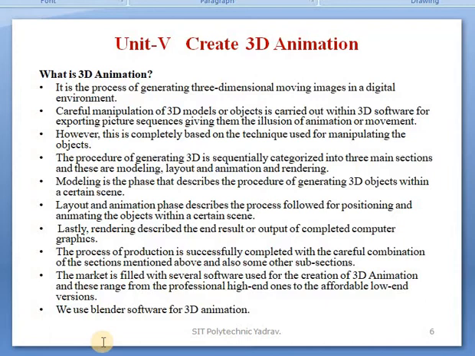Blender is free software for creating 3D animation. Also, in the first lecture I said which softwares are used for your course syllabus. At that time I said that Blender software is used, and if possible you should download it and use it.